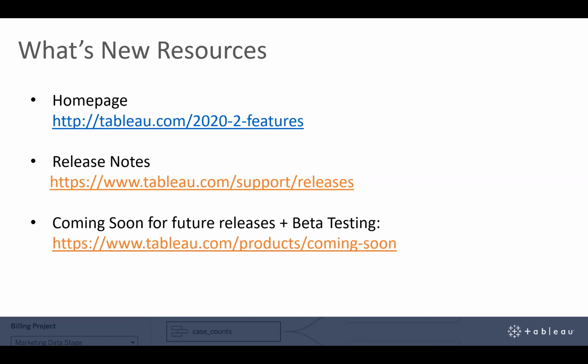And as always, we have the beta that usually comes out 2 to 3 months before it's actually released. If you go to pre-release.tableau.com, you can sign up for it if you haven't already done so. You can also get to it by going to this link here on the screen, which is product/coming soon.